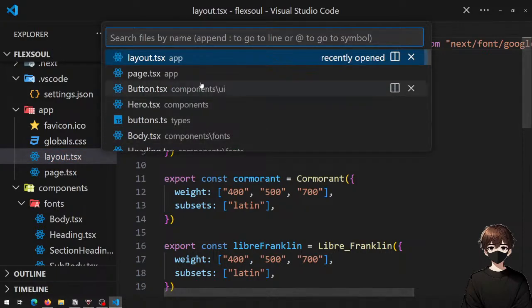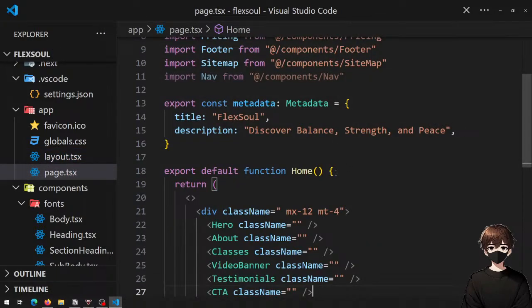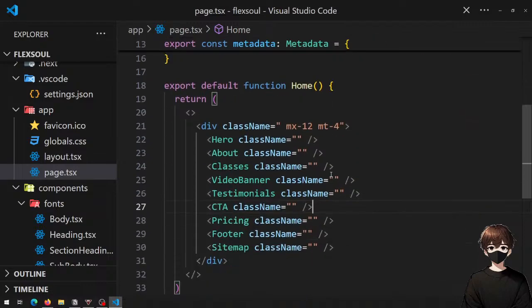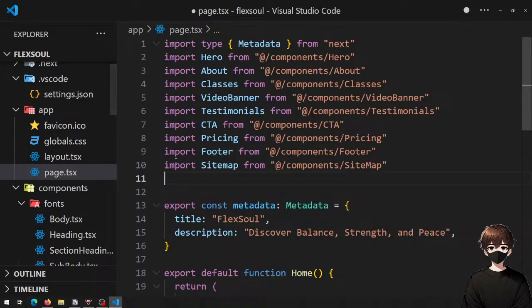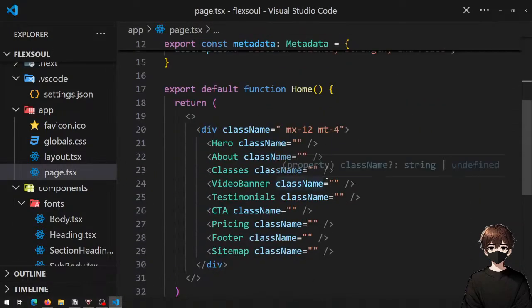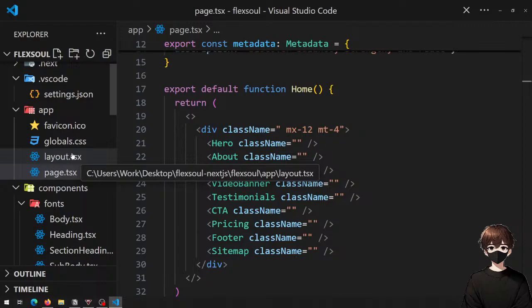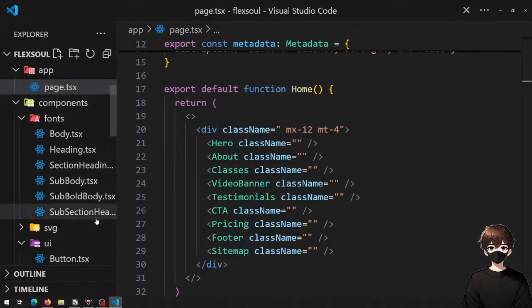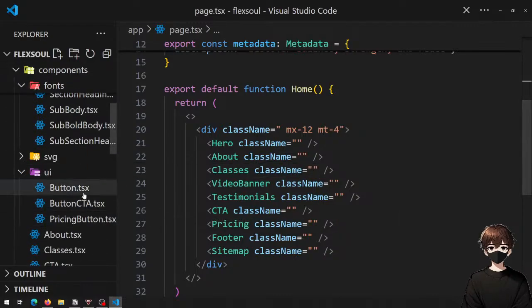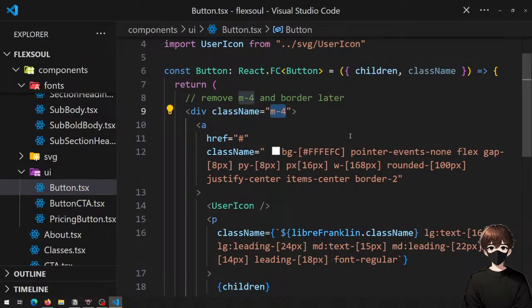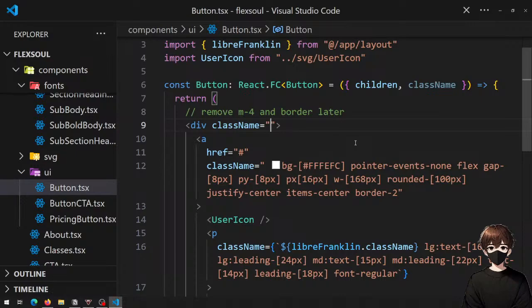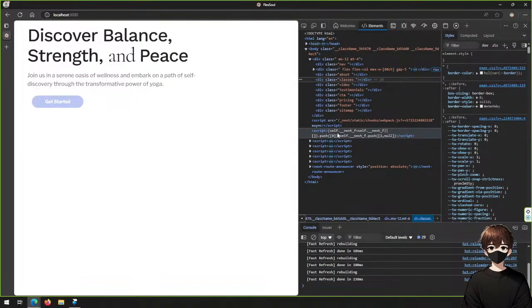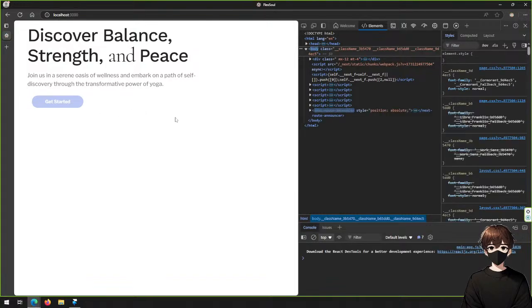Okay. Page. Okay. That is a bit weird. Like, I removed this. And then what it should do is move this one to the side. But it keeps having that